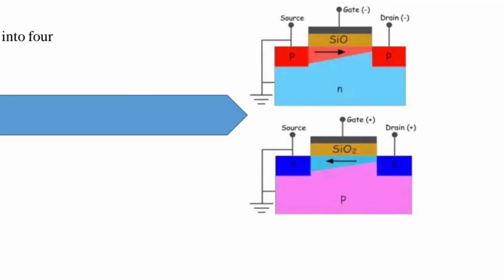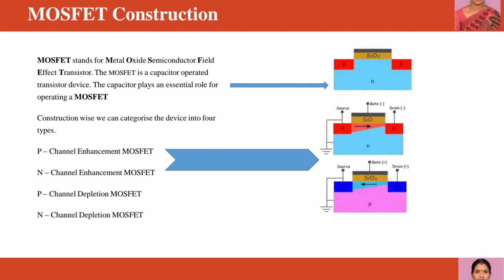Here we have an N channel enhancement MOSFET. There is a P substrate. There are heavily doped N plus regions. Above the N plus region, there is a silicon dioxide layer. The positive gate voltage is applied on the gate. A layer is formed below the silicon dioxide layer, which is mainly due to electrons, which is an N channel. Through this N channel, the current flows from the drain to source. So based on this, we have categorized MOSFET as N channel MOSFET and P channel MOSFET.